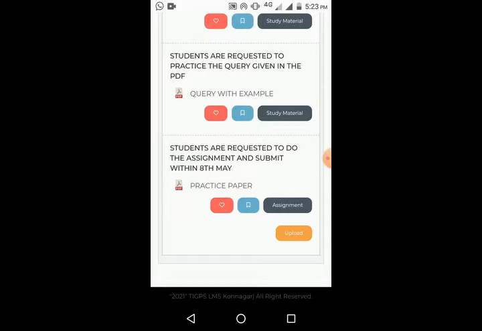Okay, so there is a difference between study material and assignment. Study material is for reading purposes, which the teacher will give us for reading. And assignment means our teacher will give us some work to do. So you can see the difference: in the study material portion we don't have any upload button, but